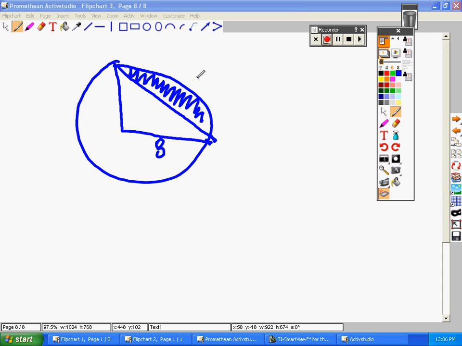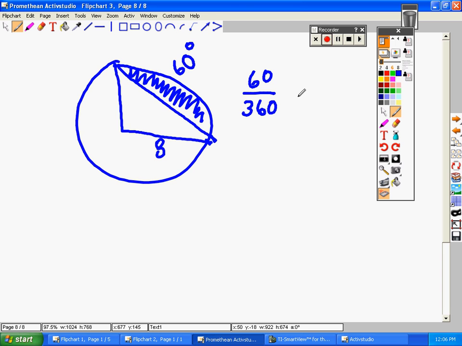Boys and girls, we're going to go ahead and do number 3 on the homework, which was a circle segment that looked like this. In order to find the segment, which is the shaded area, we're first going to find the area of the whole sector. So we are going to use the formula to find the area of a sector, which would be the percentage of the circle, 60 over 360, times the area, which would be pi